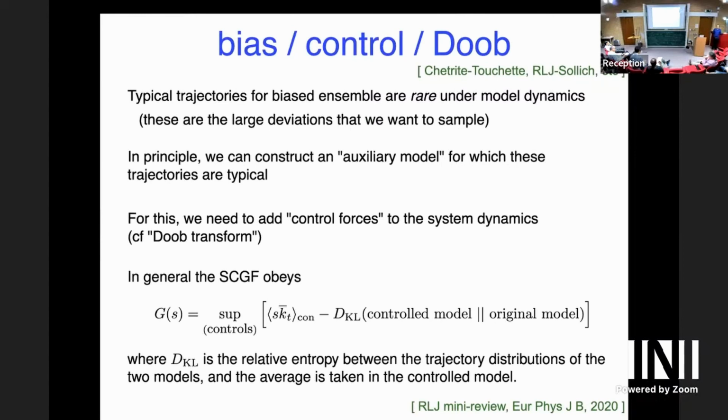And you can think about the system in those three different ways: either rare trajectories, or biased ensembles, or the space of controlled models which behave somehow differently. And they're all sort of equivalent. And they're all numerical. And if you're interested in all this sort of philosophical work,